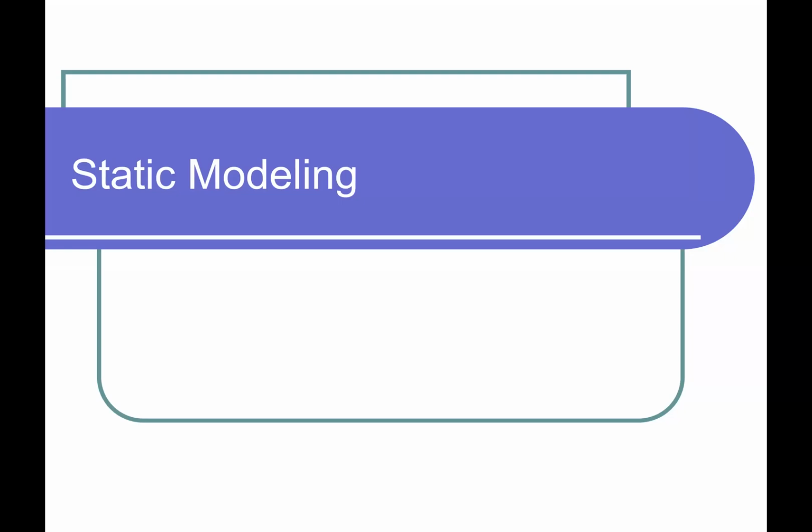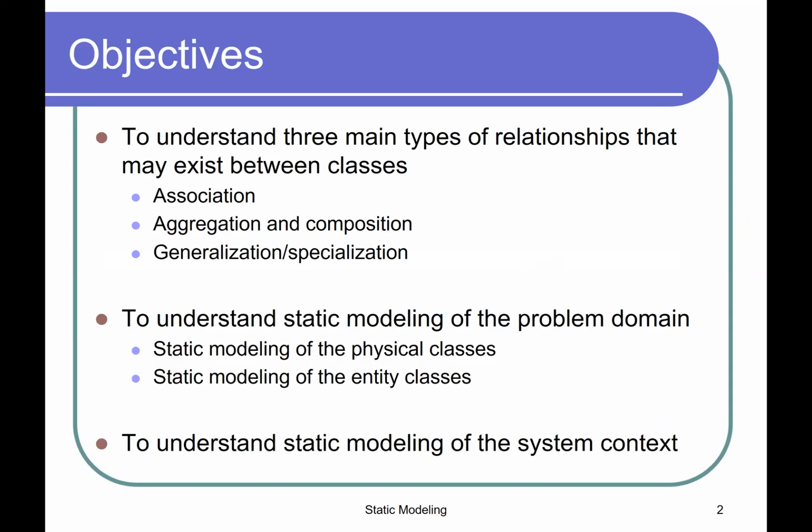And today we're going to begin a brand new chapter. It's called static modeling, followed by another chapter, Number 7, called dynamic modeling. All right. So you're going to understand different types of relationships, mainly the three that exist: association, aggregation, composition, and generalization. And we're going to understand static modeling,